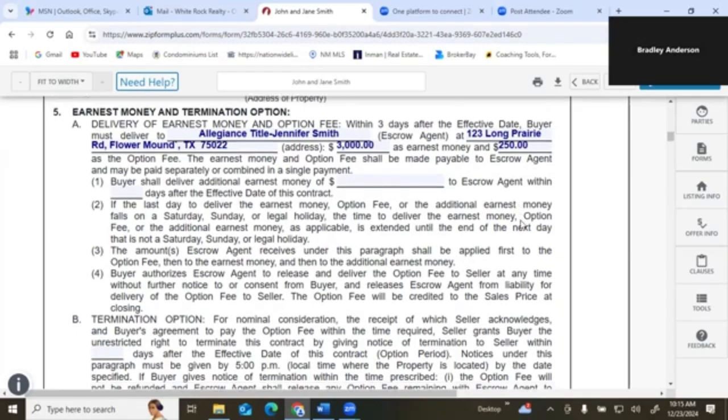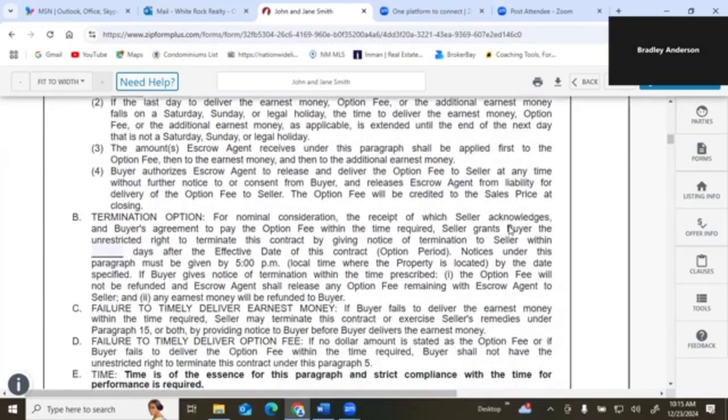Okay, then if you come down here, termination option, let's just say we want a 7-day option period. I'm going to tell you that anything more than 7 days, you're pushing it. Okay, unless it's an old home and you know that you need extra time to bring in structural engineers and other experts to assess the condition of the home, you need to get done what you need to get done